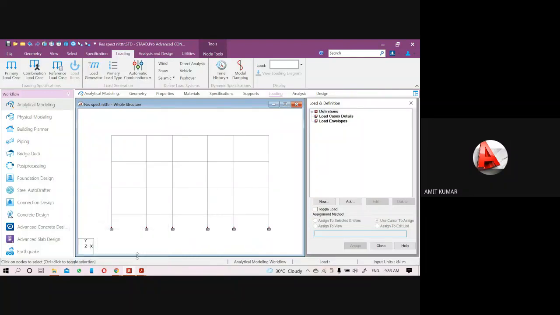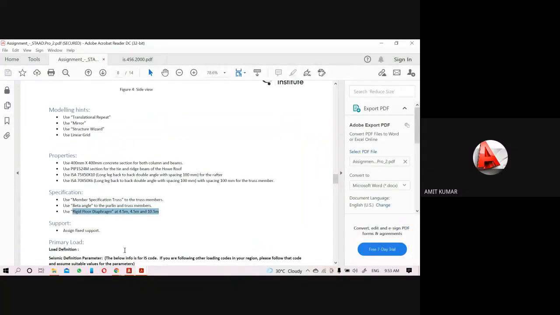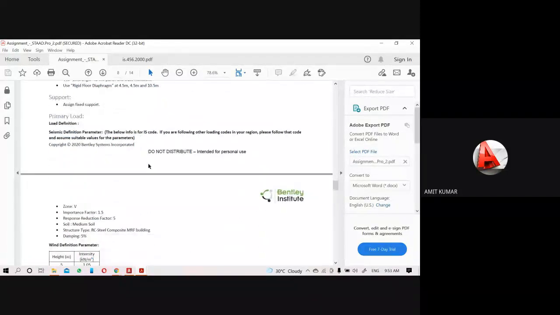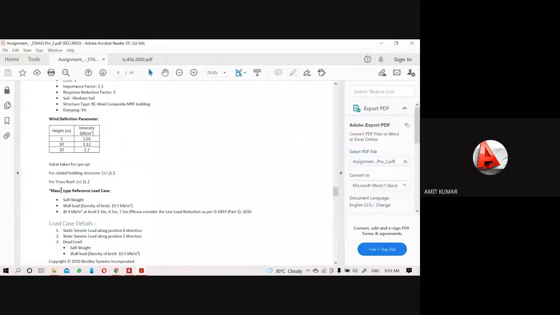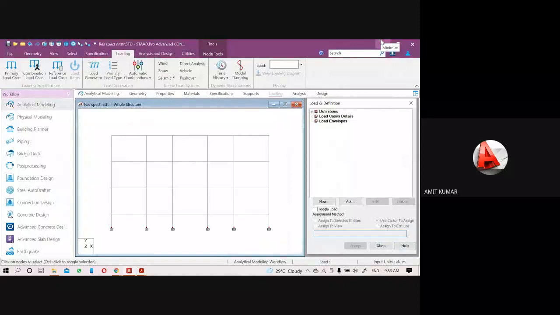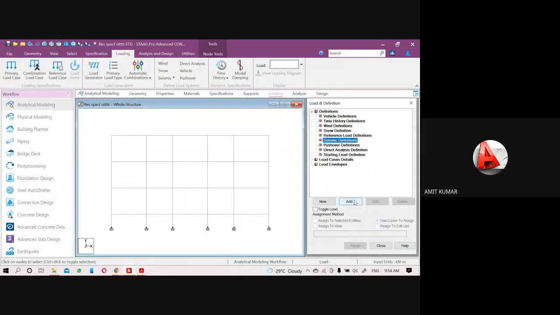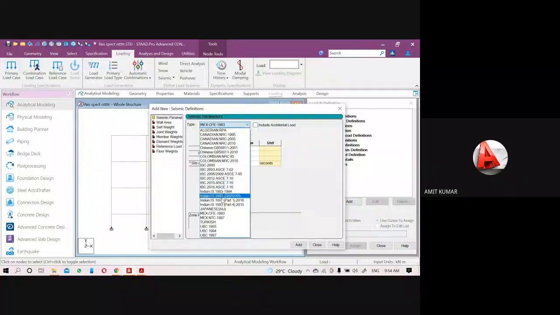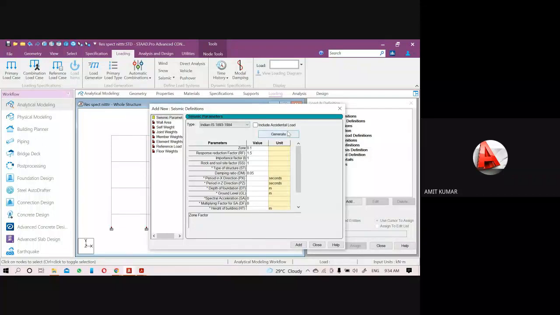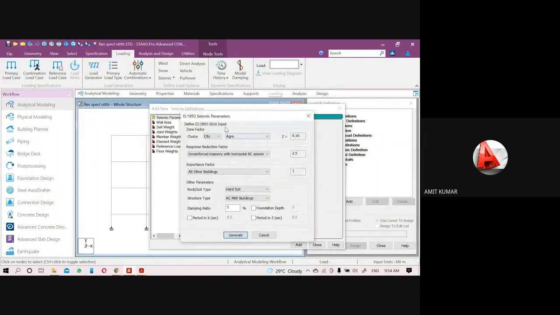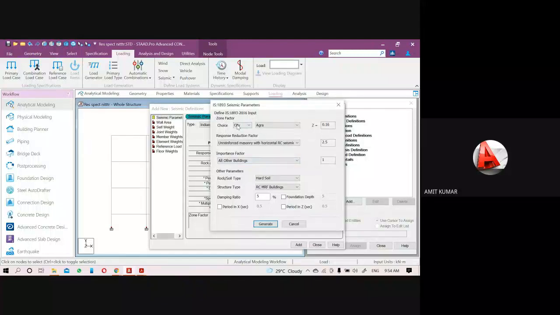But in this project, we can see we have to give a mass type of reference load. Okay. So in the static analysis, when I use this option of seismic definition, you can see, let me show you. Yeah. So here, in the seismic parameters, I provide the zone values, RF values, everything.